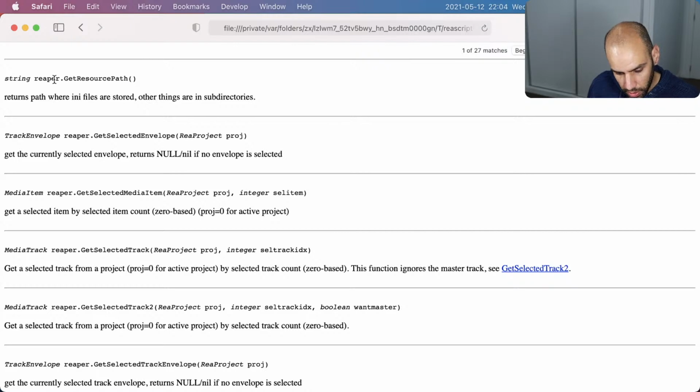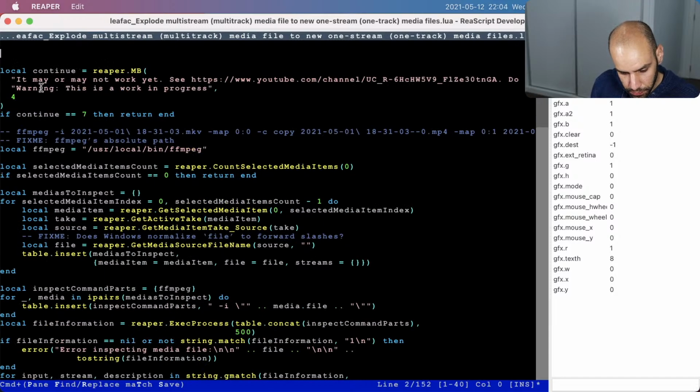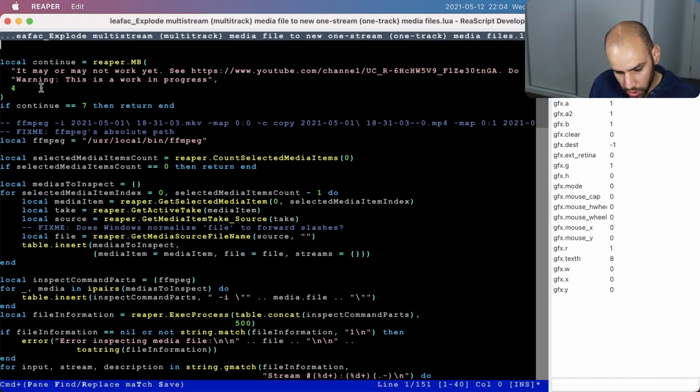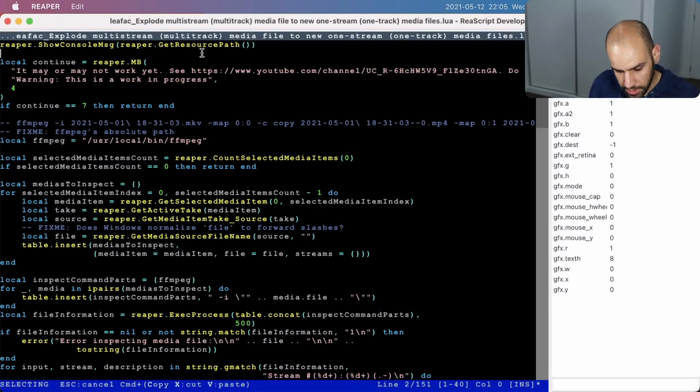So if I copy this over here to REAPER and to our REAPER action, I'm going to do this as the first thing because this is more or less like a debugging thing. So I'll say REAPER show console message of get resource path, and I don't want the rest of the script to execute, so I'll answer no when it asks whether I want to execute. So I can save this and it will run, and I can say no and it will not run the